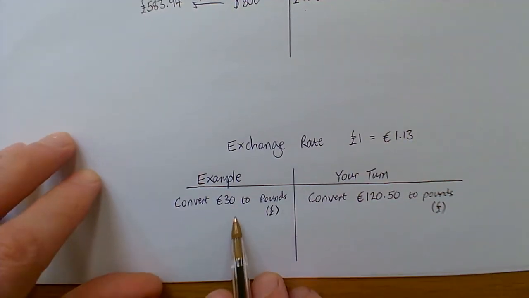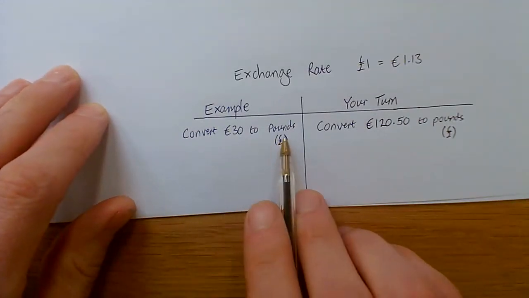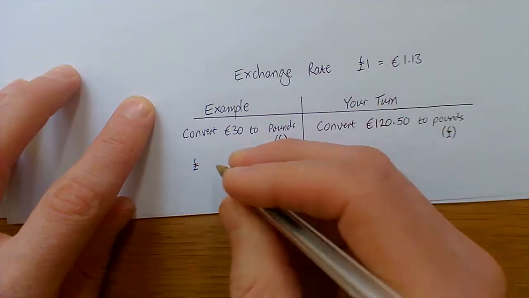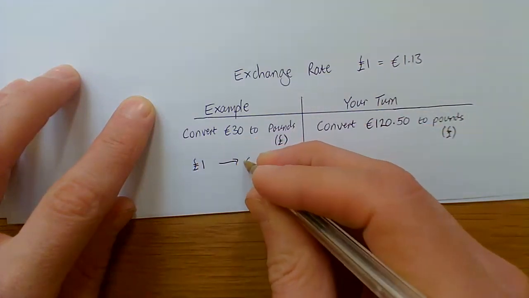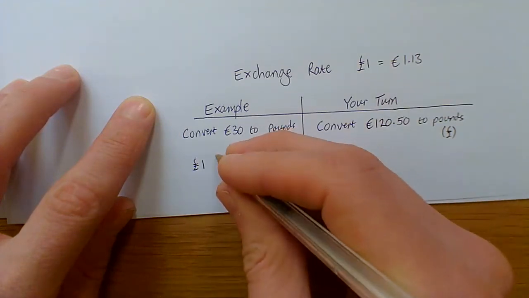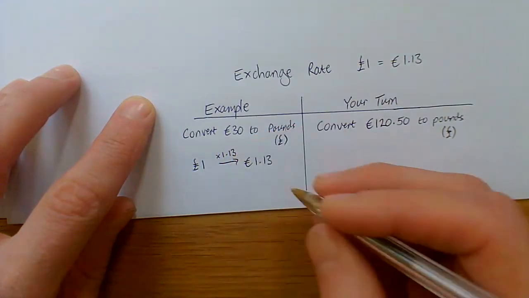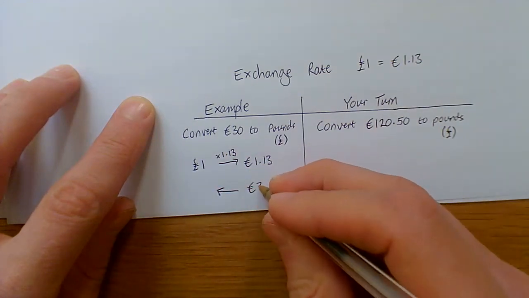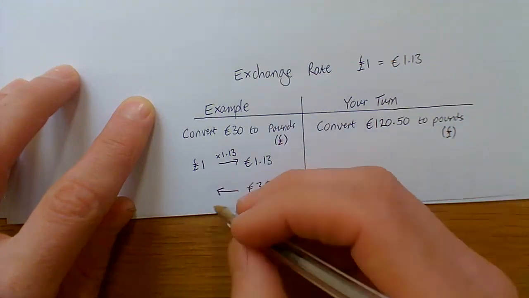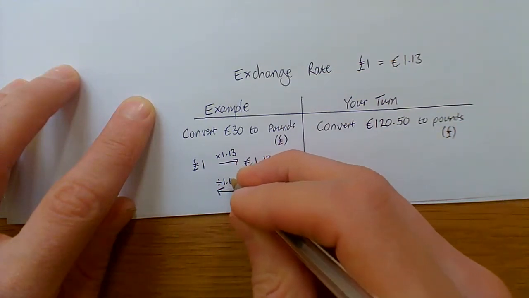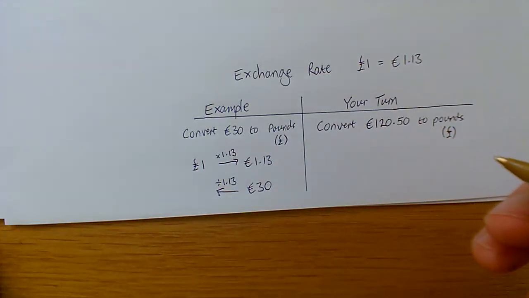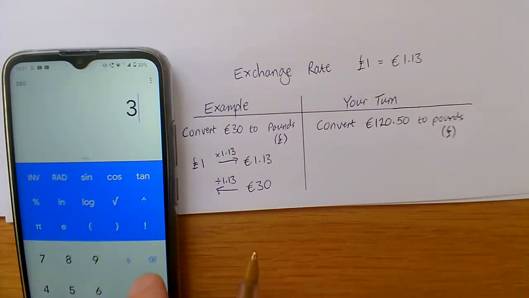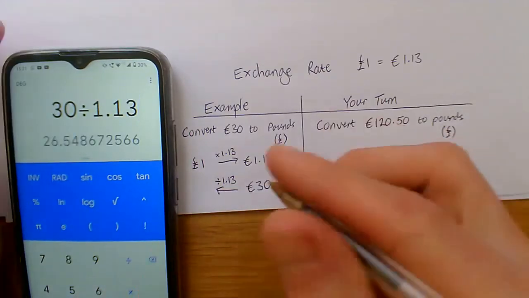This one we're converting 30 euros to pounds, and our exchange rate is £1 to 1.13 euros. So £1 goes to 1.13 euros. So we are timesing by 1.13. Going backwards, we are taking 30 euros, and we're going backwards, so we are dividing by 1.13. Again, just a bit of calculator work left. So getting that calculator out, we are doing 30 divided by 1.13, which should give you,